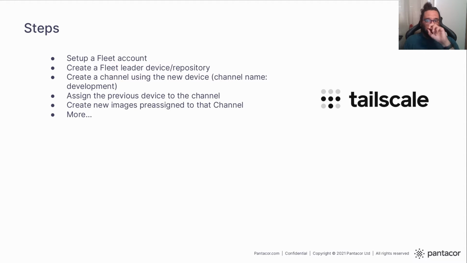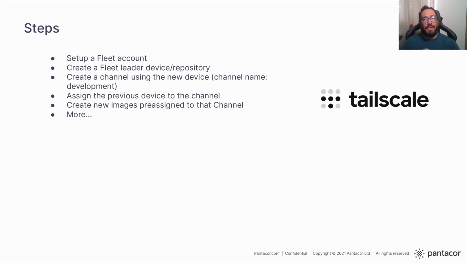Then we are going to create the channel, which is how we distribute our version to all the devices in a fleet. And then we are going to assign the device that we already have, the one that is in my home network, to that channel in order to receive all the updates through the fleet